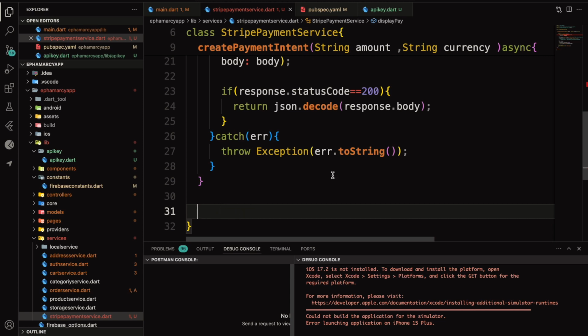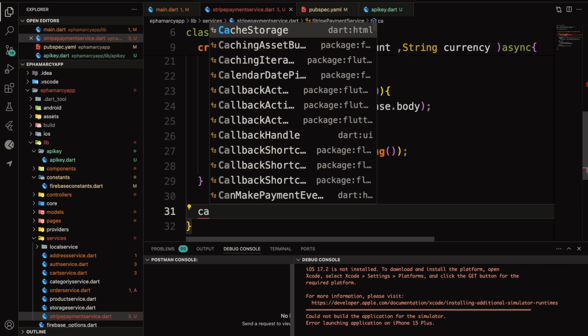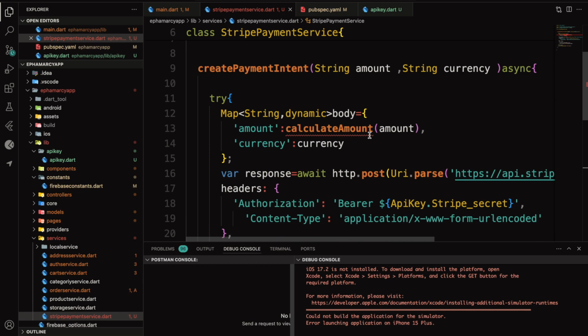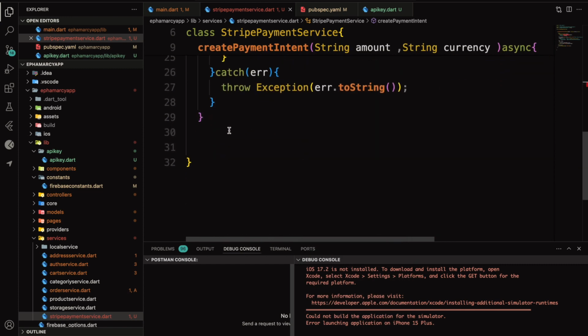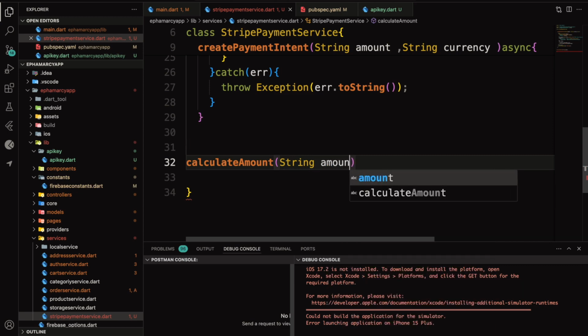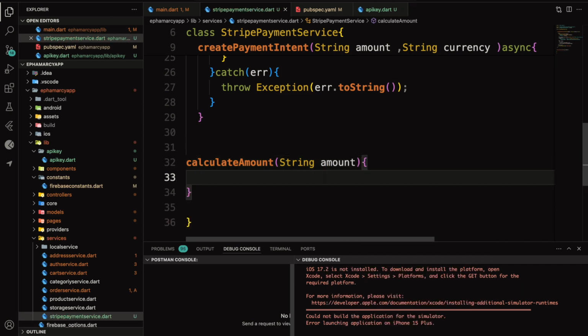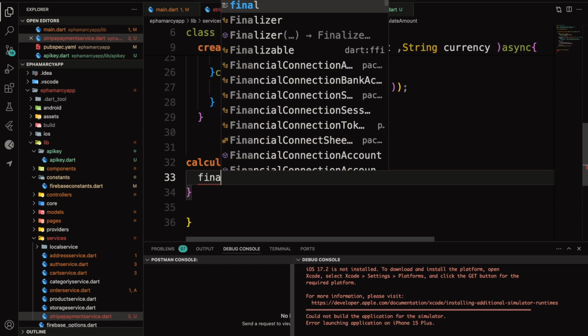Also, before we can display a payment sheet, let's just go ahead and take care of the calculate amount method. So let's just copy the name of this method here, and then paste it below. It's going to take in a single parameter, which is amount, string amount. Okay, like this. And then we are just going to say final